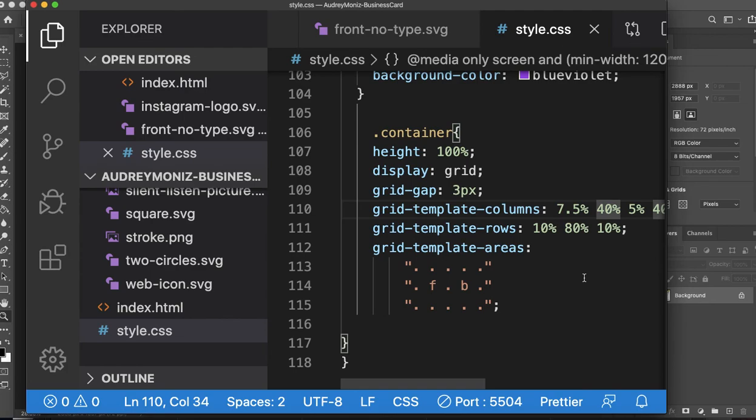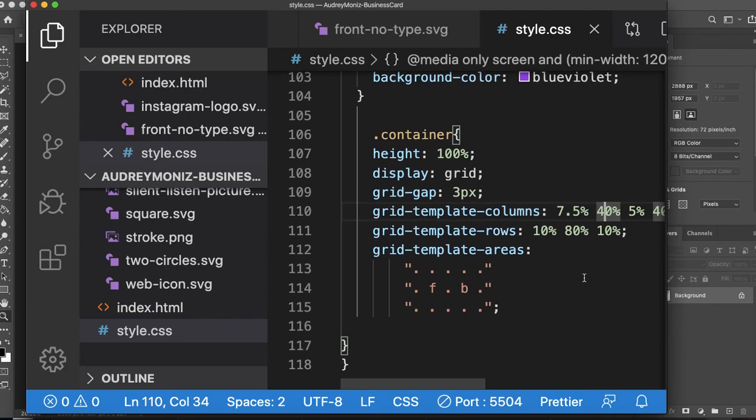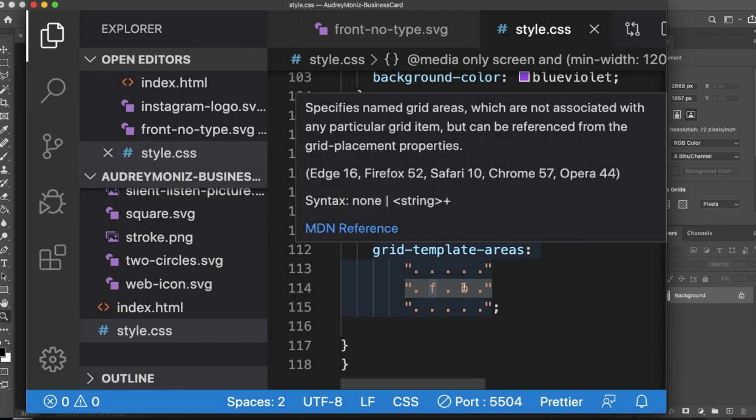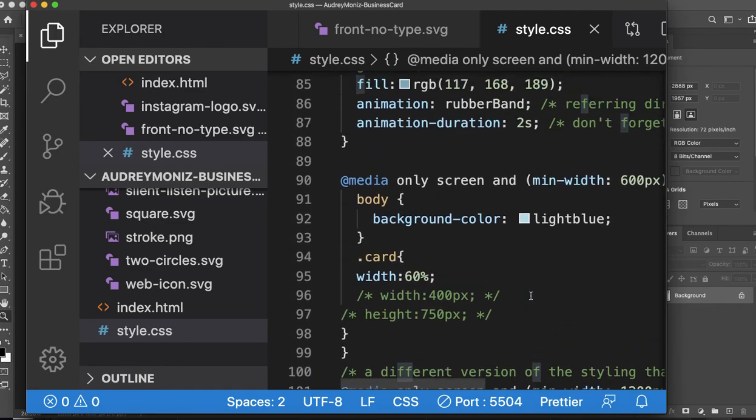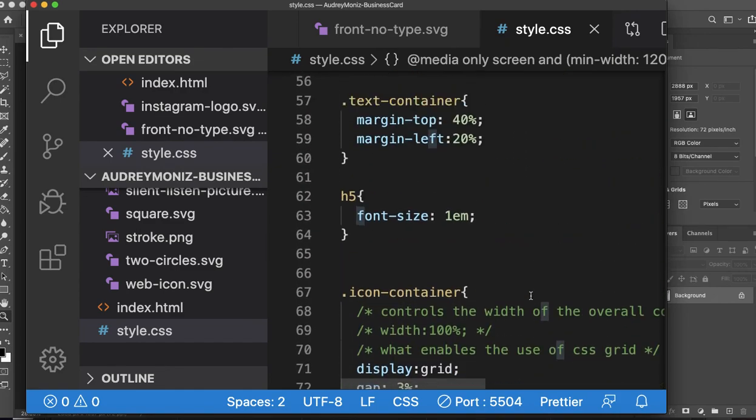The other 2 things that I have to check too: one is that I need to be saying somewhere what is F and what is B, right? I have to set those 2 grid areas somewhere. Even if you hover over it in VS Code, it's going to say that it specifies the named grid areas, which are associated with a particular grid item. So if I scroll up a little bit higher on my code,